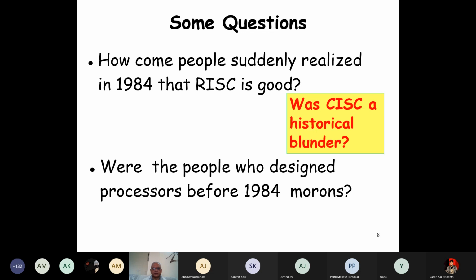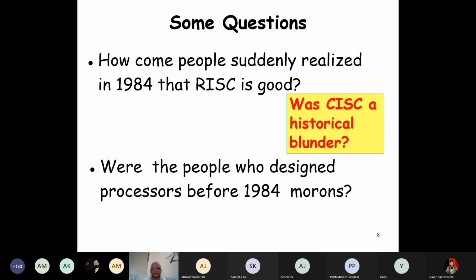Now let's proceed with what we were discussing last time, that RISC was a landmark, 1984. They said that the processors now have too many instructions and too many addressing modes. That's not good. Reduce the number of instructions. Select only the frequently used instructions, the other instructions can be written in terms of these, and have only a few addressing modes.